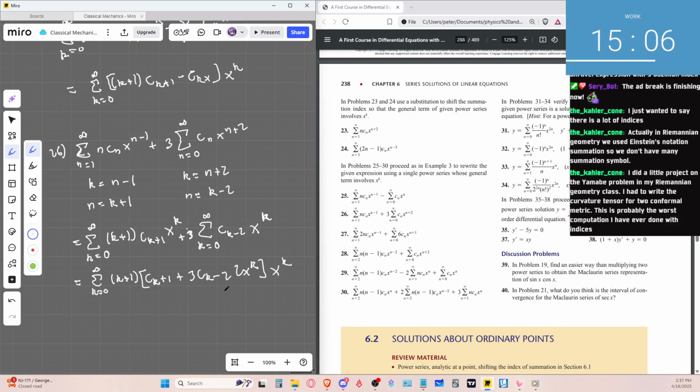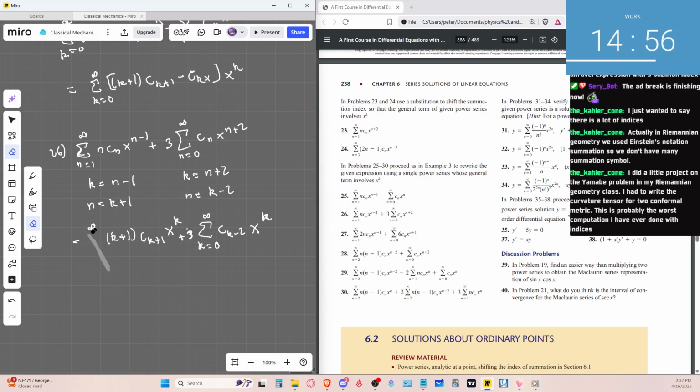Huh. So, according to what it says in the solution, we got this step right. It's just that here,